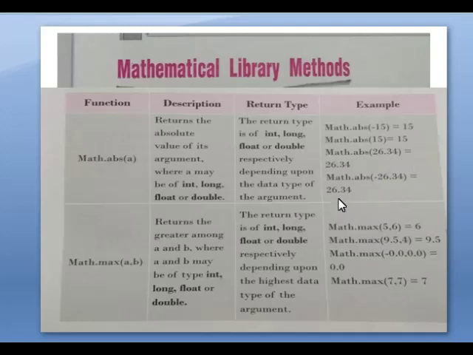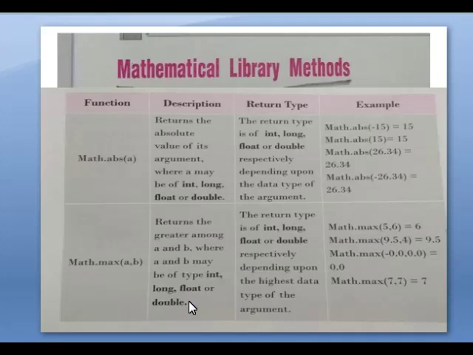The next function is math.max of a and b. Here we have to use two arguments, that is two values. Max means we are going to find the greatest value among the two values. It returns the greatest among a and b, which may be of type integer, long, float or double. The data type can be an integer variable, a long variable, a float variable or a double value.